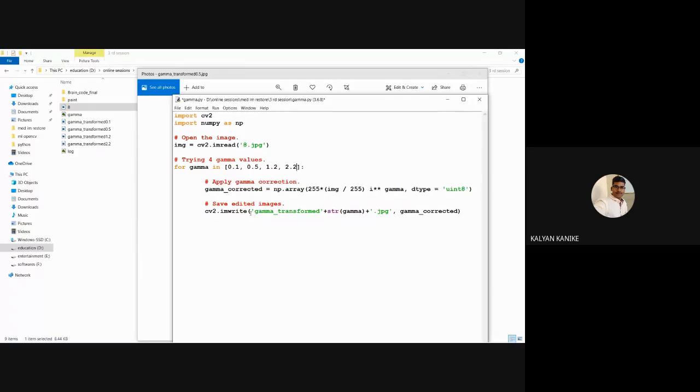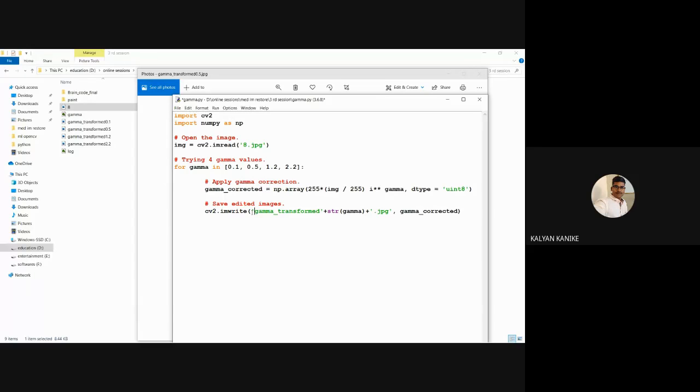For imwrite, generally we first give the image name and extension, and next which array value we have to store. But here we make some small changes, because it's in a for loop now.